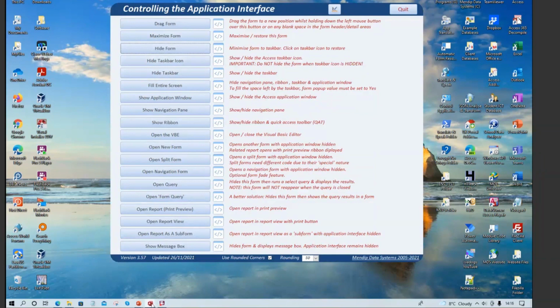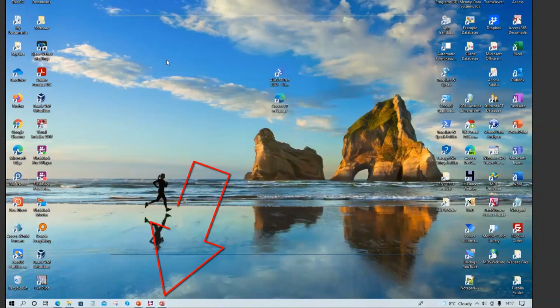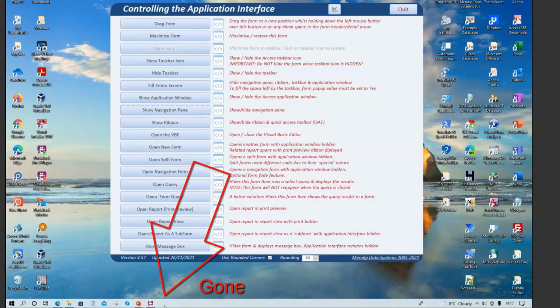So if you look here, we've got the taskbar button there next to the recording session program here. If I hide that, hooray! As you see, that's now disappeared. One thing you really wouldn't want to do at this stage is to minimize the form, because otherwise you would have no means of getting it back. Let's bring that icon back again anyway. As you can see, it's now reappeared.